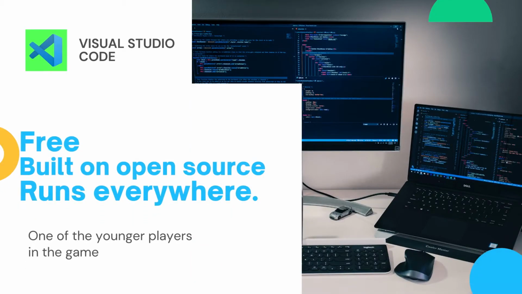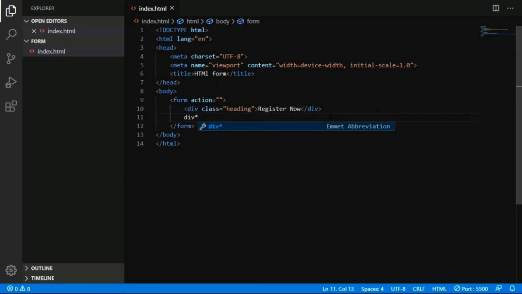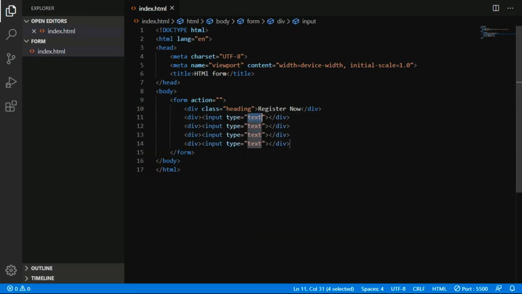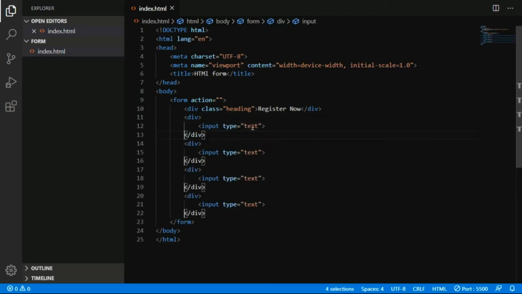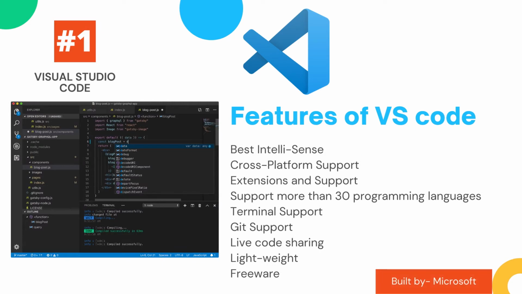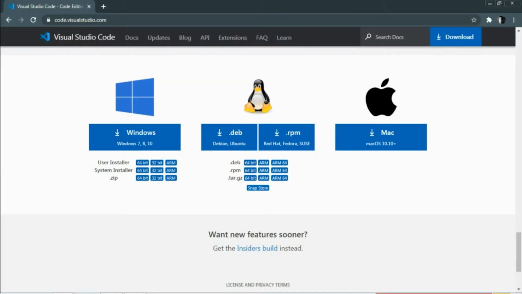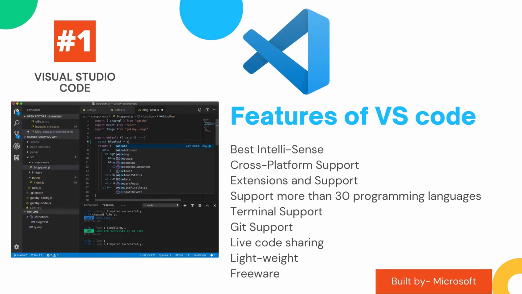First on our list is Visual Studio Code. Visual Studio Code is a free editor which helps the programmer to write code, helps in debugging, and corrects the code using the IntelliSense method. In normal terms, it helps users write code in an easy manner. Many people say that it is a mix of an IDE and an editor, but the decision is up to the coder. Some of the features of Visual Studio Code are autosave, live preview, collaboration, cross-platform, code source, debugger, multi-language support, Git support, and built-in terminal.